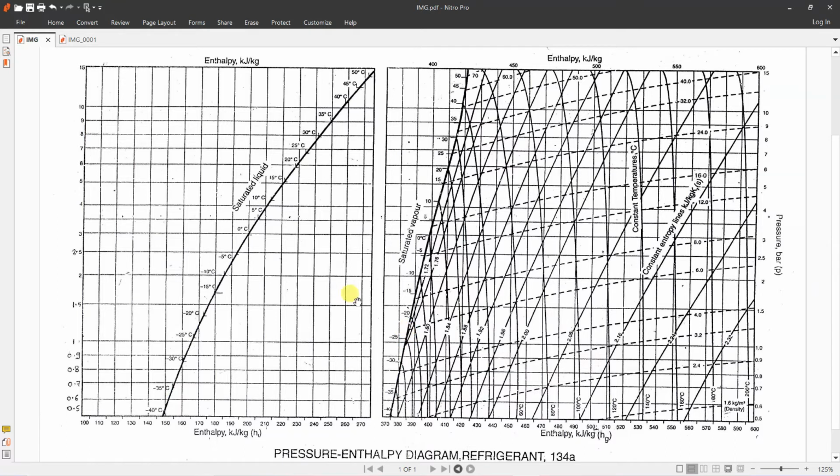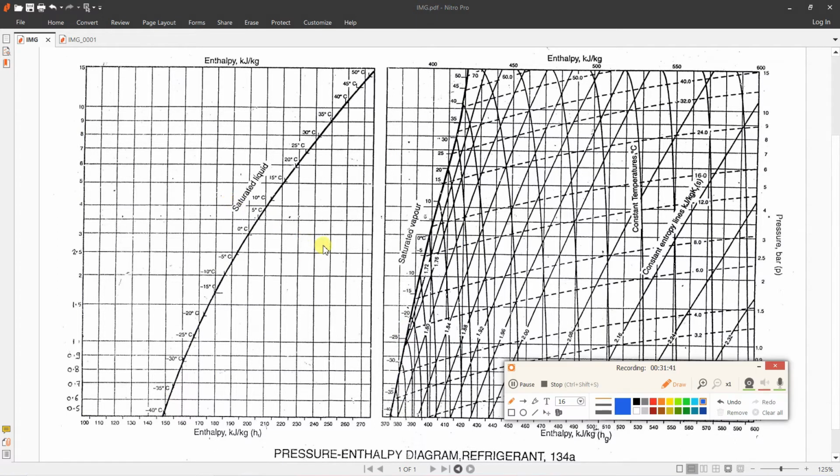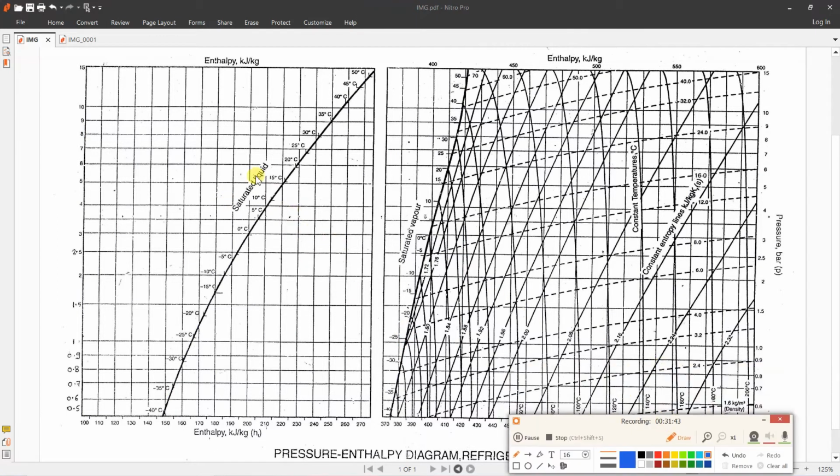Next, the constant temperature curve remains the same; the nature remains the same. Here you can see the temperatures are written. This is 30, so this vertical line will be 30, then it becomes horizontal, and then you can see this curve. So this is the constant temperature 30°C curve. Here you will find 0 degrees, and below that the minimum on this chart is minus 40°C. Now on this chart, the unit of pressure is bar.